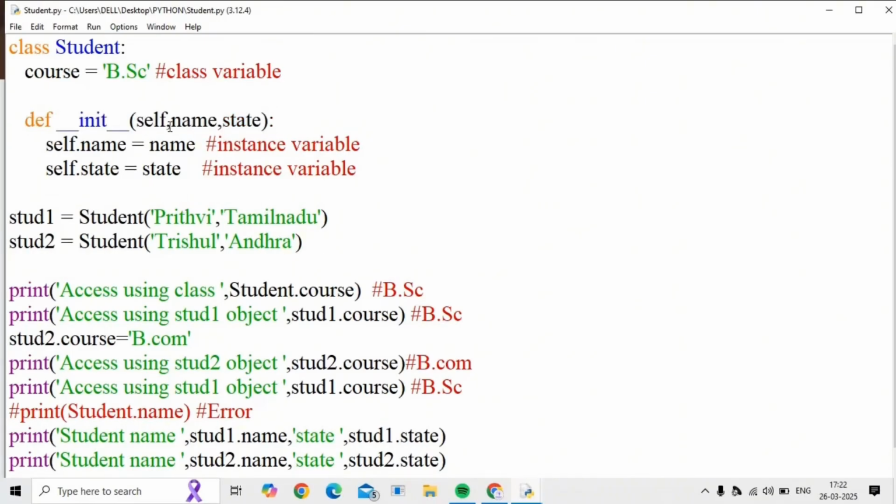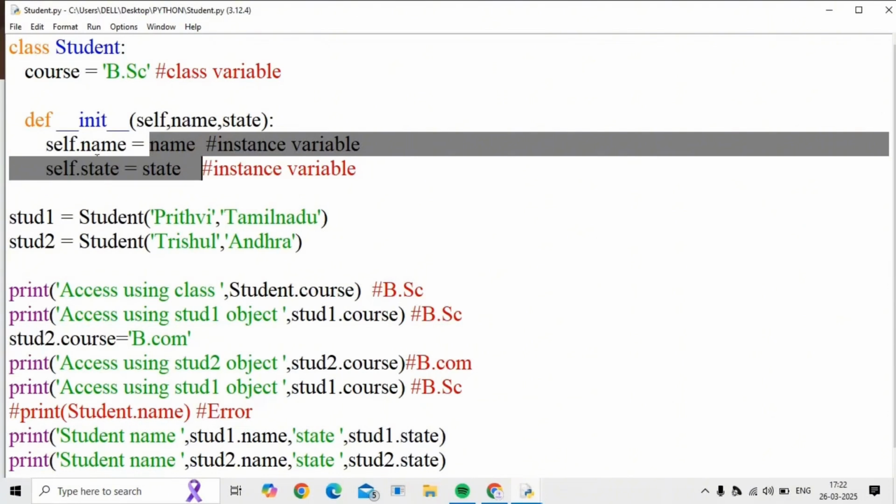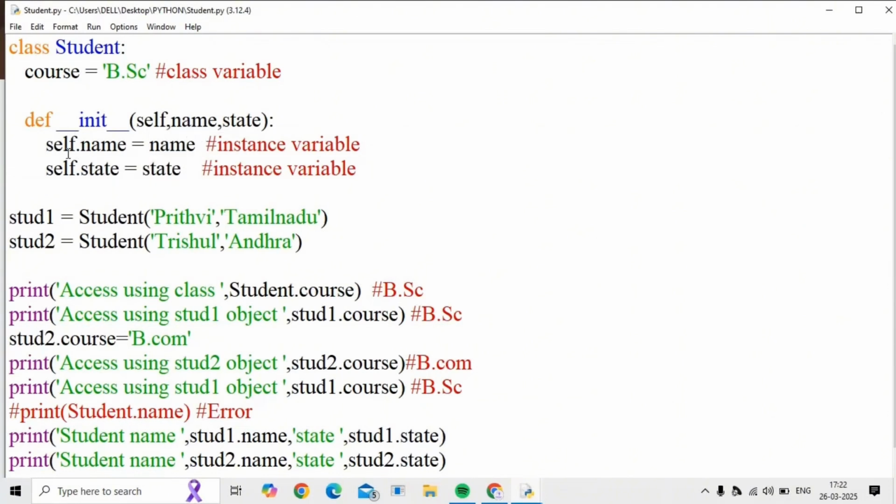So the name parameter will receive the value Prithvi, the name of the student, and the state parameter, the third parameter, will receive the value Tamil Nadu, and the name and state values will be assigned to the